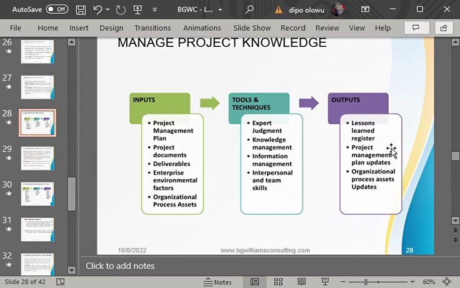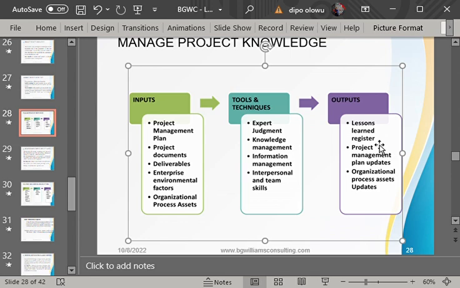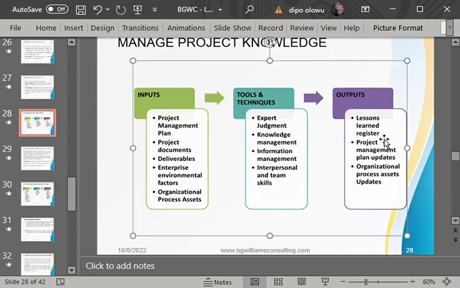You can see that's three basic questions. They are referred to as what? Lesson learned. All right. So for each team member you are asking and they are giving you their answer, all those answers put together is what forms the lesson learned register. Do you get it?